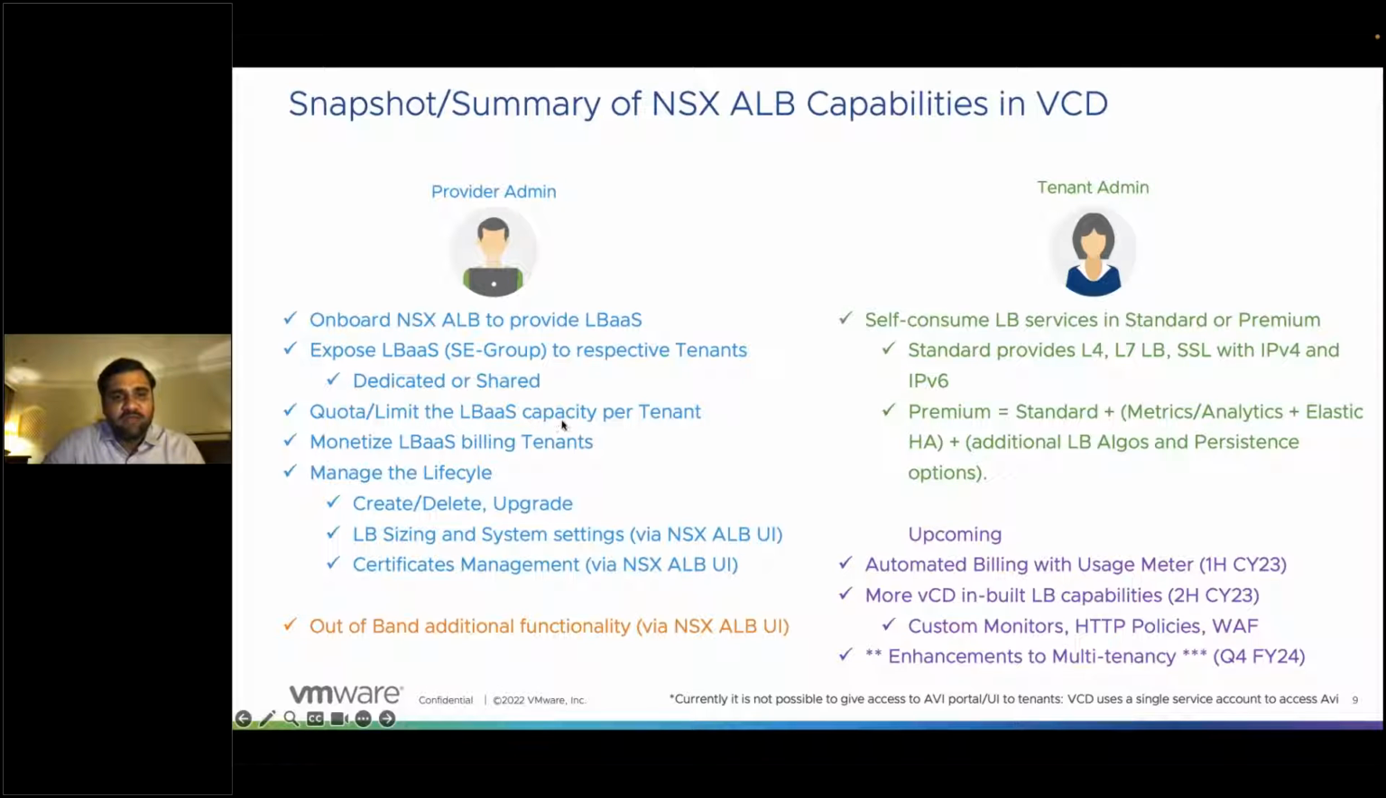It can set that this particular tenant can create 10 virtual services or these many service engines. All those quota capacities can be set by the provider. Then they can monetize the LBaaS service by billing the tenants based on their usage. And the provider also has to manage the life cycle with respect to upgrading the NSX ALB, creating some of the infrastructure related elements, which I'll show as part of our demo, the certificate management, and